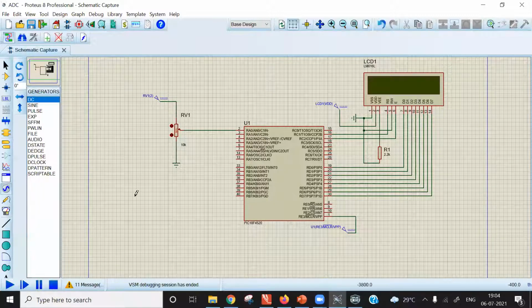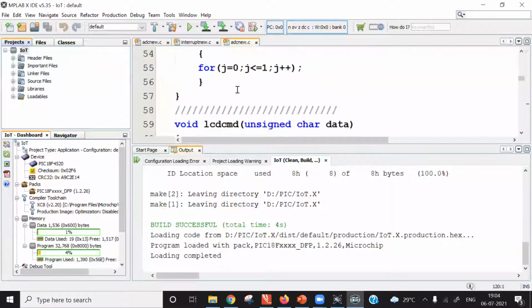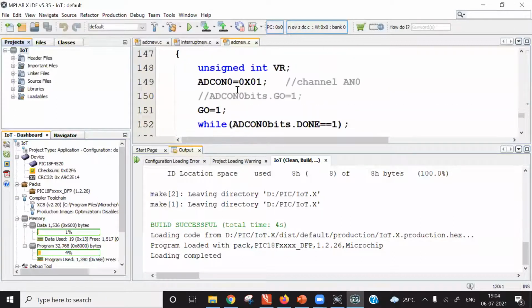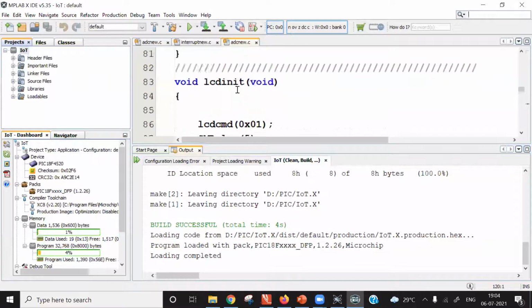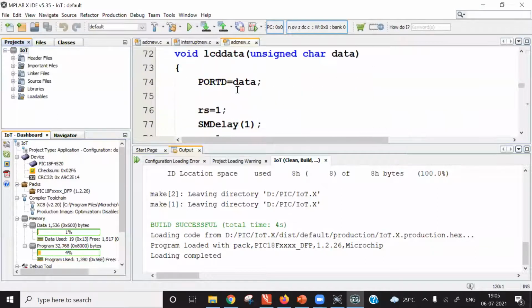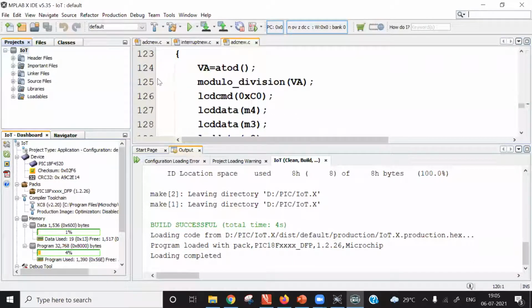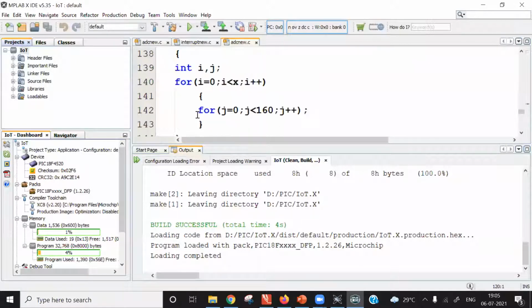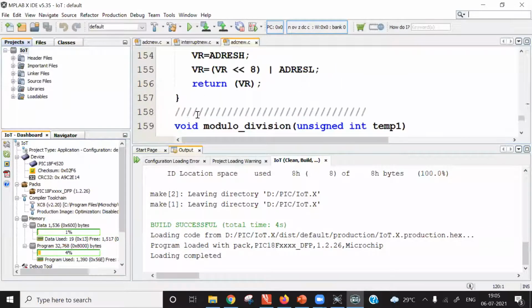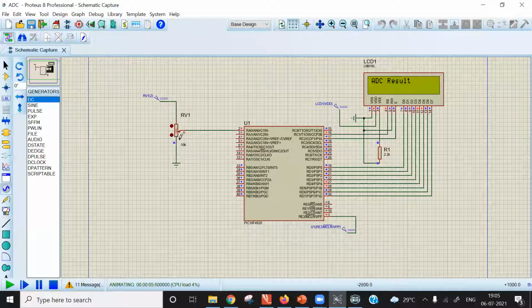Sir, the breakpoint has not been removed. The breakpoint is still there, and it is not showing the data.